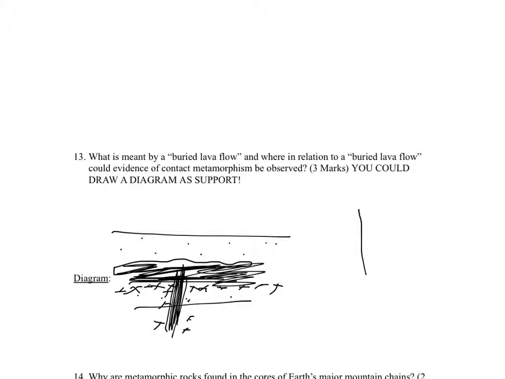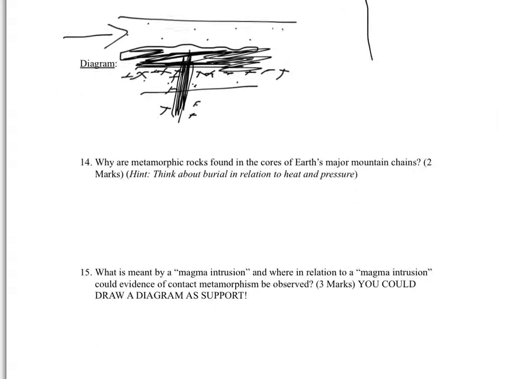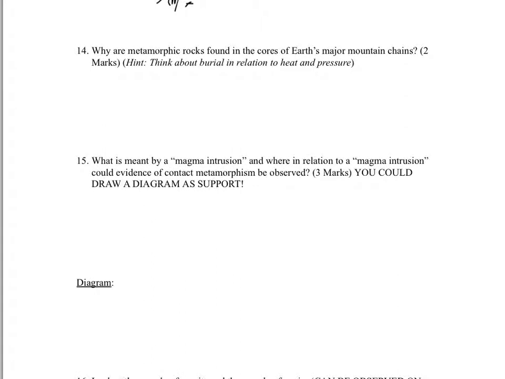There's no X's on the top because there was nothing on top. This layer of sandstone right there, it wasn't there. It was the atmosphere. There were birds flying in the sky. There was no way that that could get metamorphosed because that layer came after. I know I just called it a lava extrusion, but a lava extrusion is a lava flow. And in this particular case, the lava flow got buried, and that's the reason why sometimes the term buried lava flow is actually used. I'm going to scoot down to number 15